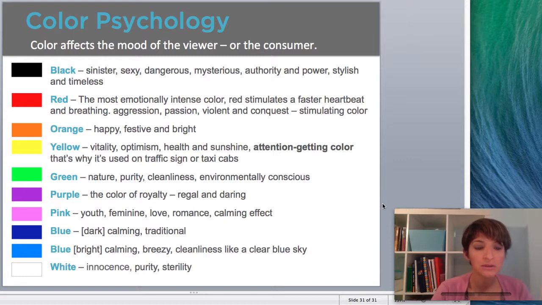Blue. The dark blue is calming and traditional. The light blue is calming, breezy, cleanliness, like a clear blue sky, or I think of ocean as well. White, there's innocence, purity, and sterility. Sterility, for instance, like the way that doctors or scientists wear their white lab coats. Okay, so that concludes